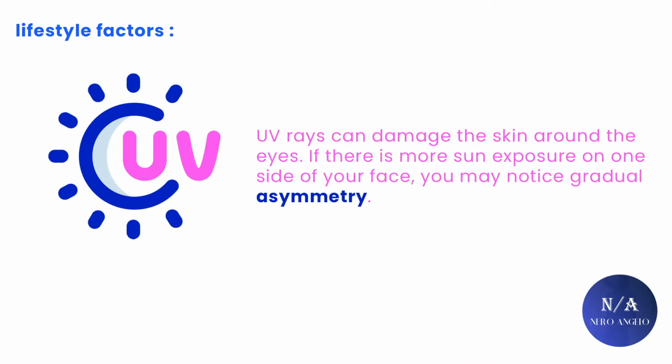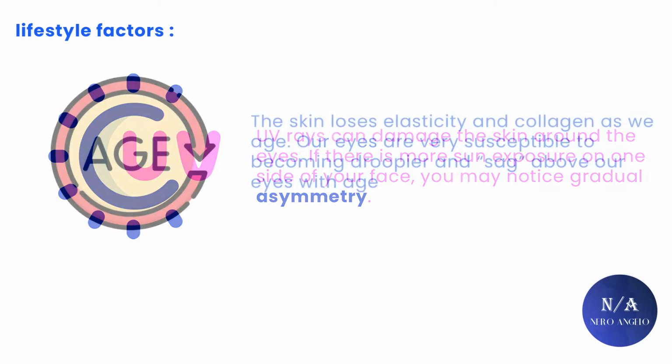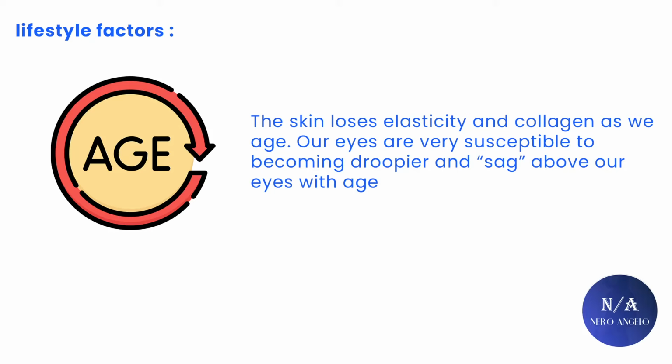Sun damage can also make your eyes asymmetrical because the UV rays can damage the skin around the eyes. If there is more sun exposure on one side of your face, you may notice gradual asymmetry. Aging is another common cause of asymmetrical eyes. The skin loses elasticity and collagen as we age. Our skin becomes very susceptible to becoming droopier and sagging above our eyes with age, potentially making the eyes look